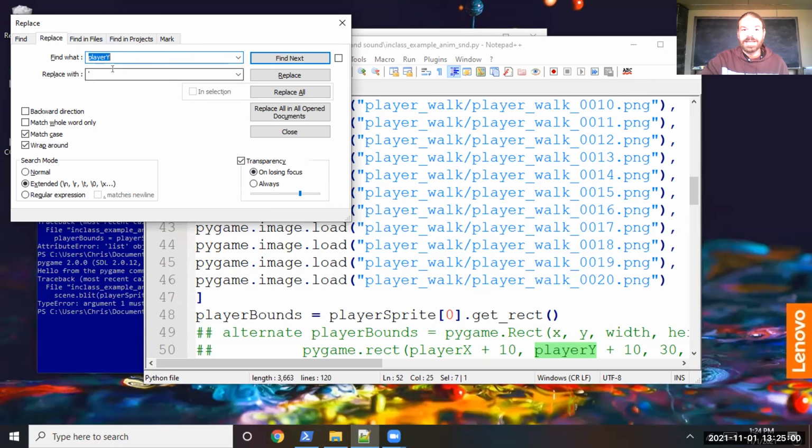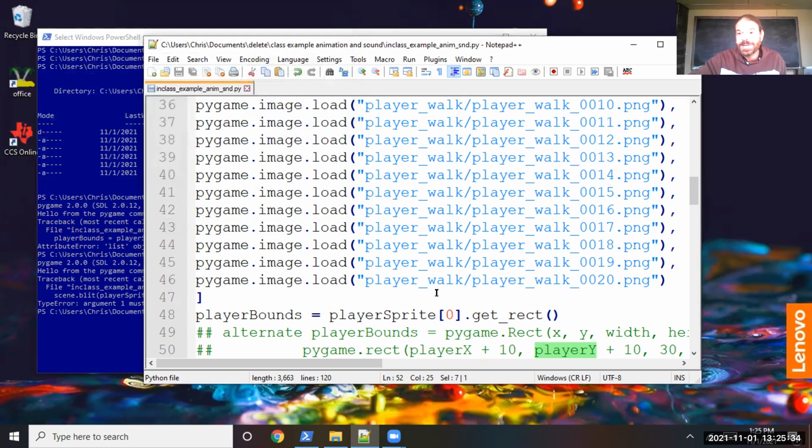But then we can find anything that says player Y and replace it with, oh, whoops, that's not what I meant. We can look for anything called player sprite and replace it with player sprite index 0. In a lot of cases that'll work. I'm not going to do that this way. I just wanted to take the first opportunity I could to point at the find and replace box, because once again, if the computer does the typing,